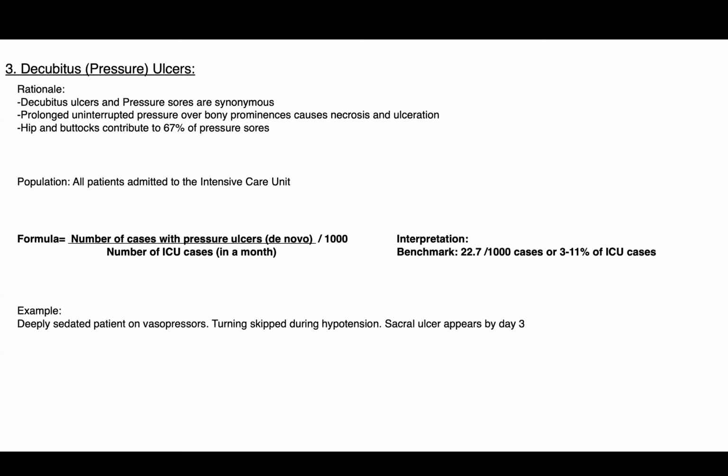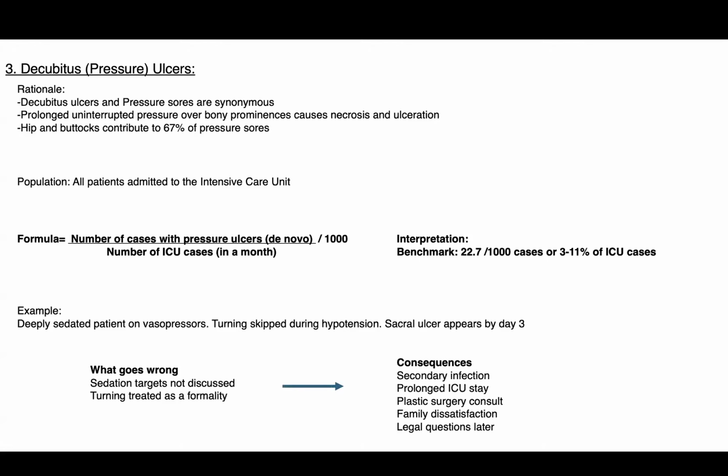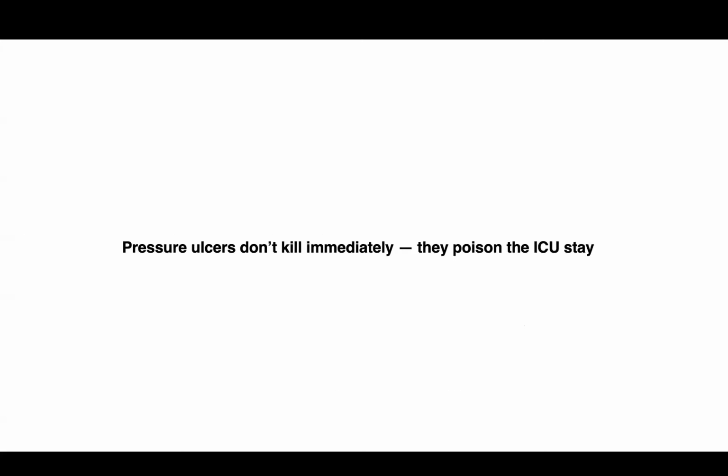So the example that we routinely see is a deeply sedated patient on vasopressors, turning skipped during hypotension, and ultimately they develop a sacral ulcer on day 3. So sedation targets are not discussed and turning is treated as a formality. So that leads to secondary infection, prolonged ICU stay, plastic surgery consult, family dissatisfaction, and legal questions can arise later. So pressure ulcers don't kill immediately, they poison the ICU stay because of the complications that are going to occur